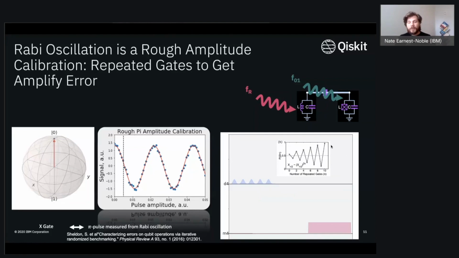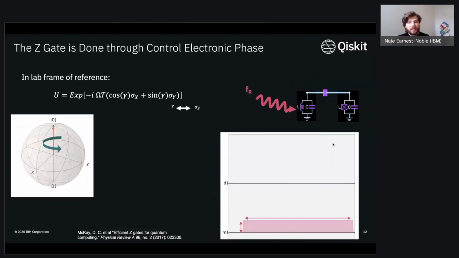Now, this is one gate that you need in order to have universal quantum computation. So we've discussed, say, the X gate or the root X gate. And now we still need a few more gates to get to this universal gate set. One that will begin to get us there is the Z gate. A phrase that I love to use from my colleague Nick Braun is: the only perfect gate that you have is the one that you don't do, which is the idea behind our Z gate here.